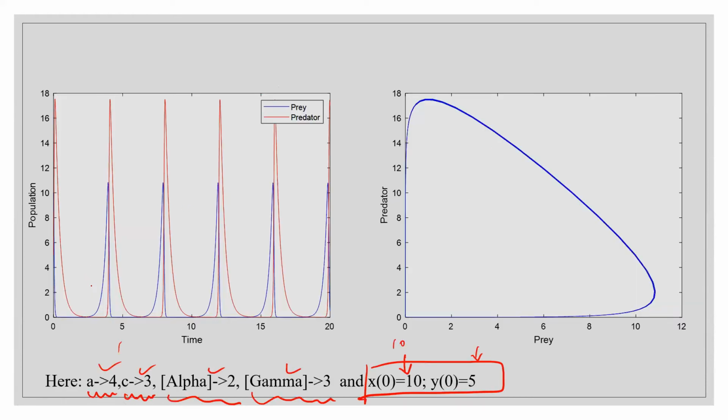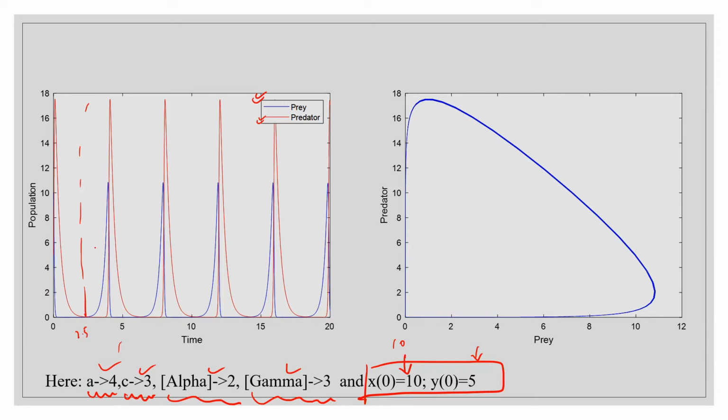So when I solve this with MATLAB, I am getting this. Now see what is the physical interpretation of this. I will talk from this because this is a clear view. See, this blue one is the prey population and this red one is for the predator. That means if you consider the x-axis as time and this as population, you can see that after 2.5 days, prey population starts rising.